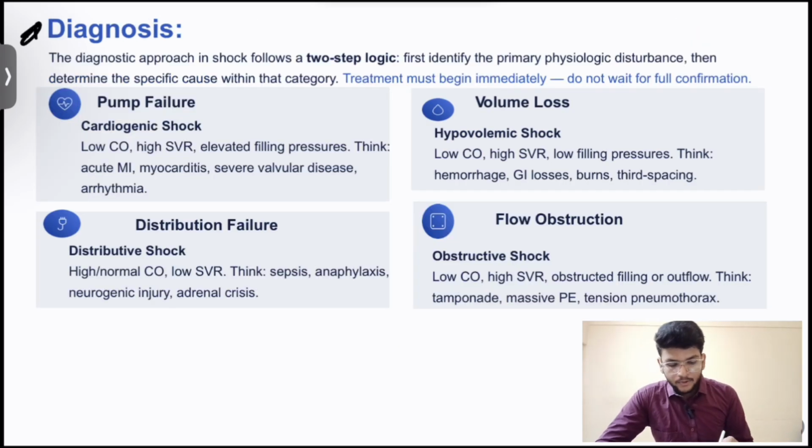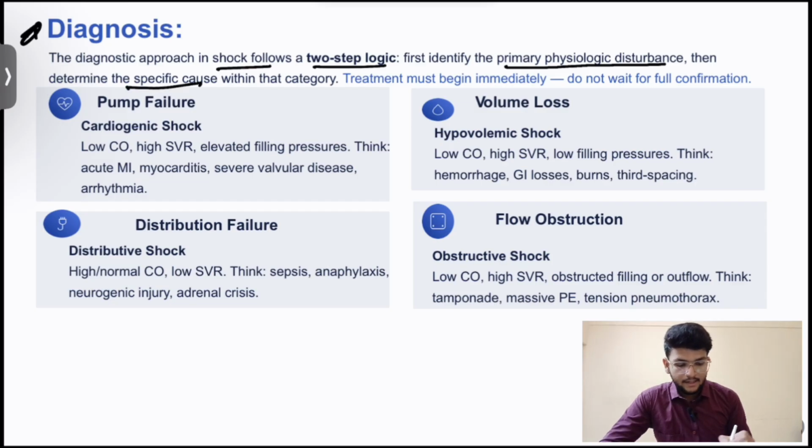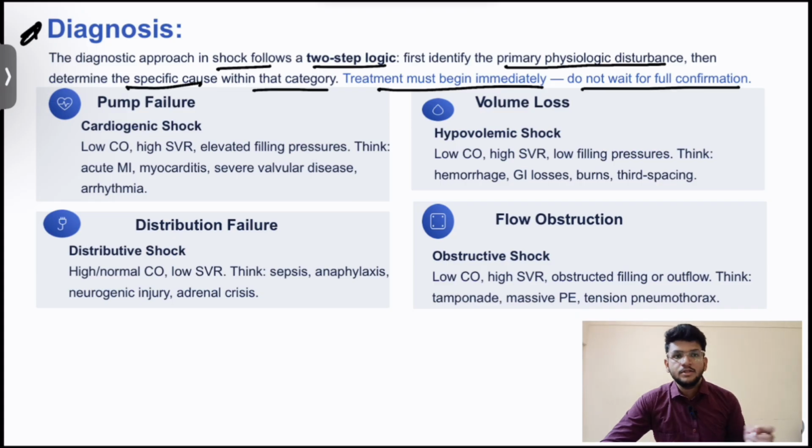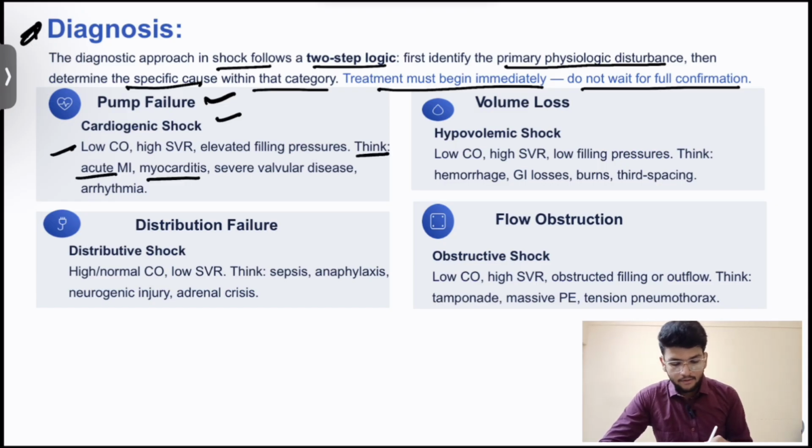Diagnosis. The diagnostic approach in shock follows a two-step logic. First, identify the primary physiological disturbance, then determine the specific cause within the category. Treatment must begin immediately. Don't wait for full confirmation. In pump failure, cardiogenic shock: low CO, high SVR, elevated filling pressure; think acute MI, myocarditis, severe valve disease